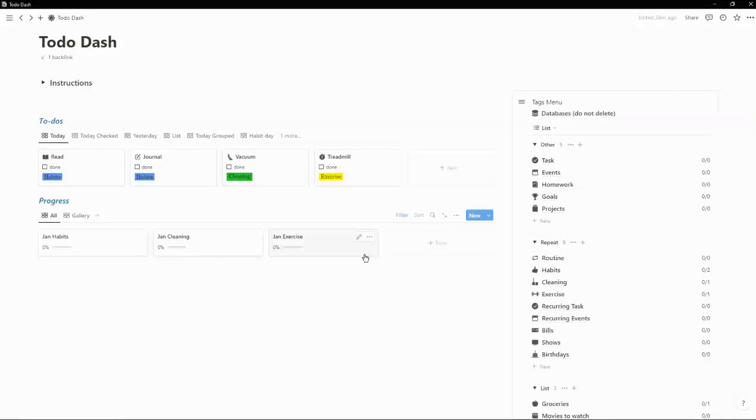All right, hello everyone. This is the to-do dash. Now this is the template that was originally the beta and all that stuff. Anyways, I am releasing it as a free version, and I just want to talk real quick about the free